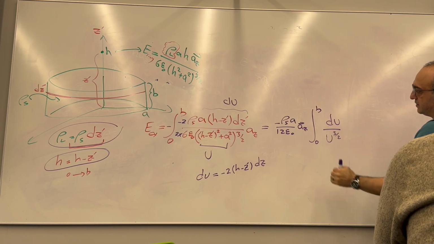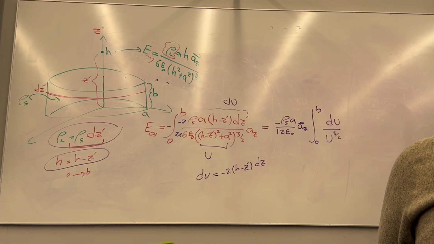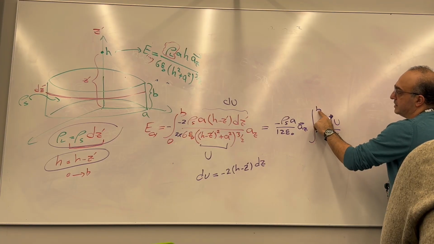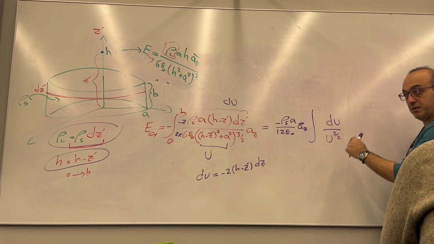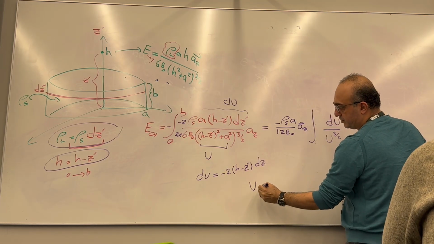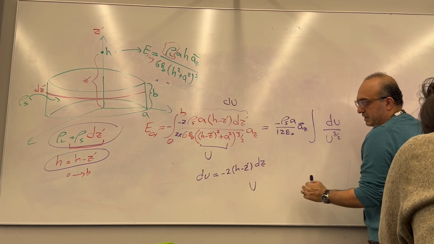Again, you solve this one, but I usually don't put 0 and b because right now it is for u. If you want to put the right value here, because this is u equals to that value instead of z,